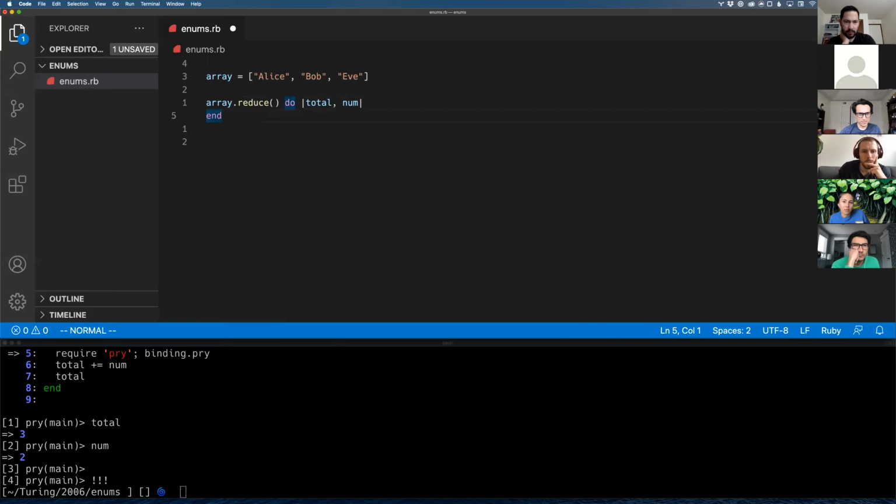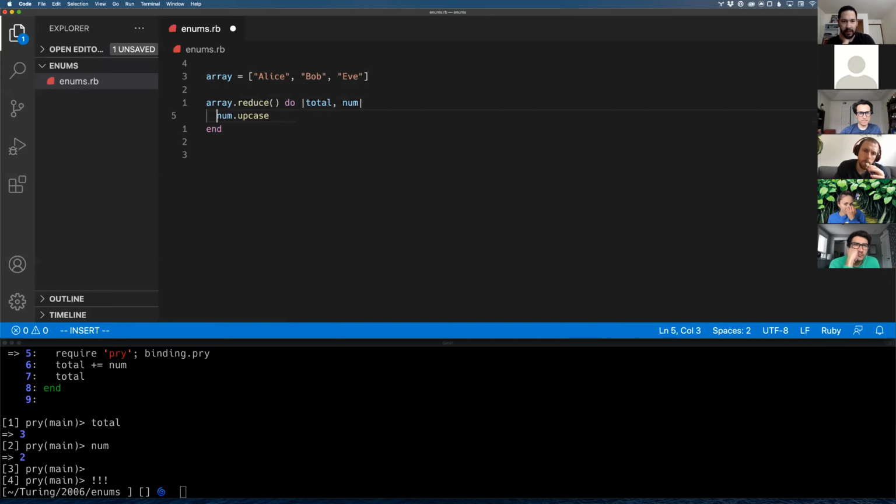This gets tricky if I want to upcase it, right? And then would you add that to total? Yes, if I wanted it to work, I would do